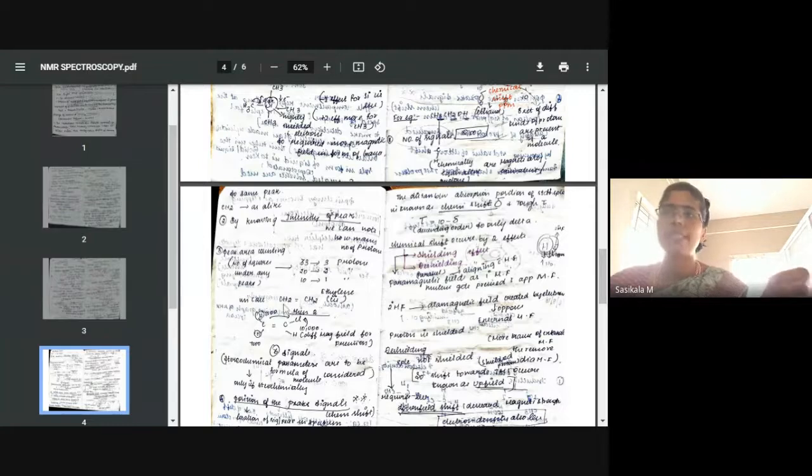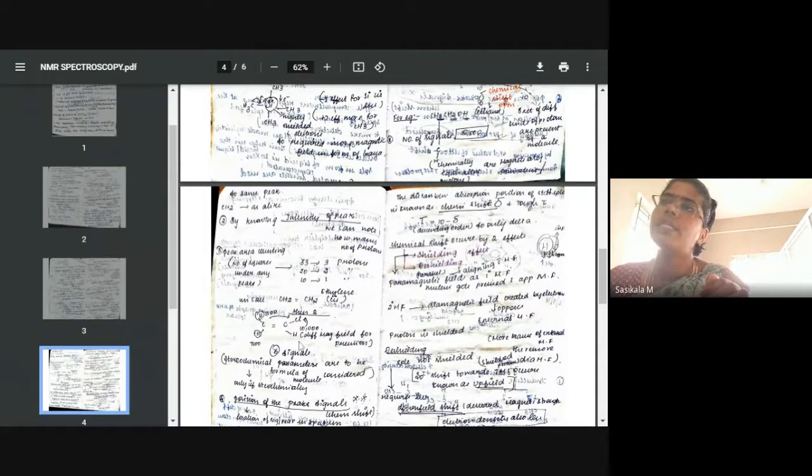When you are dealing with cis and trans isomers, we need to go with the stereochemical formula of the molecule. When you see the stereochemical formula, this is methylene chloride: CH2 double bond, ethylene chloride, CH2 double bond CHCl. Here chloride is attached. These 2 protons are in trans position, and actually these 2 protons are similar protons, right?